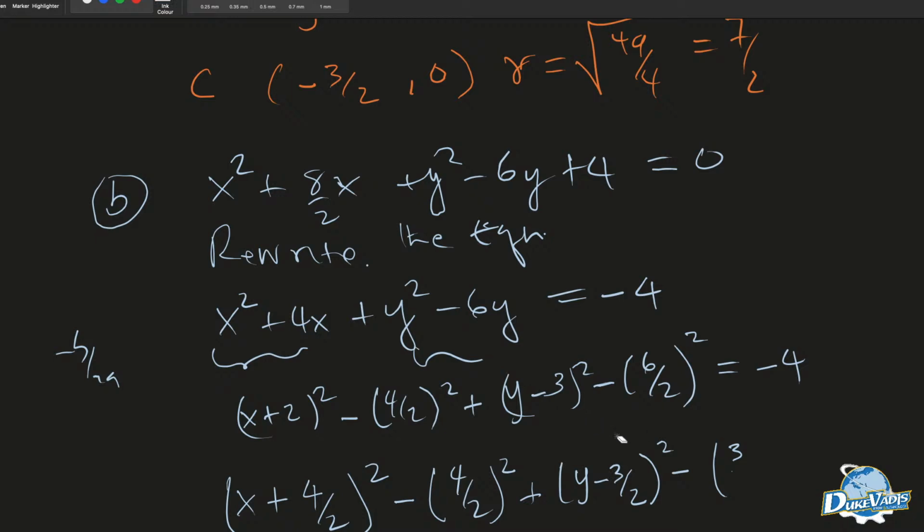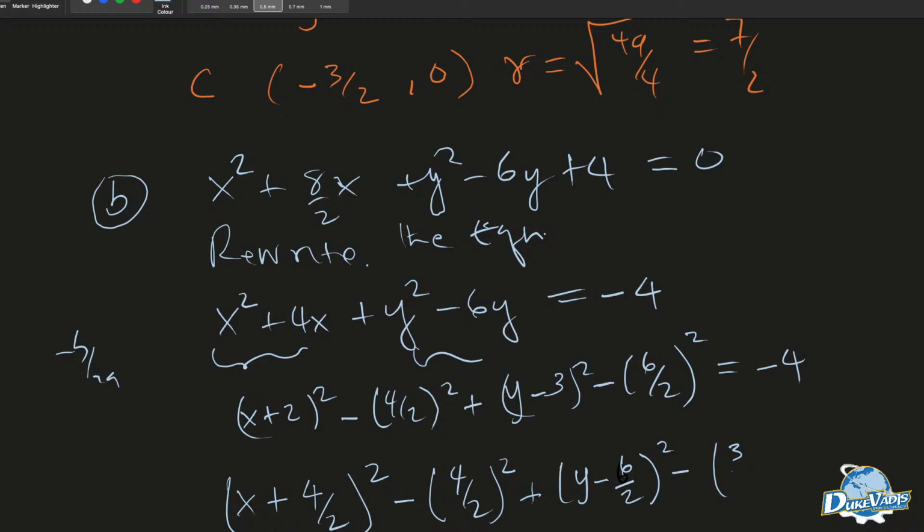So here, let's go back to it. So this is 6 thirds over 2, so 6 over 2